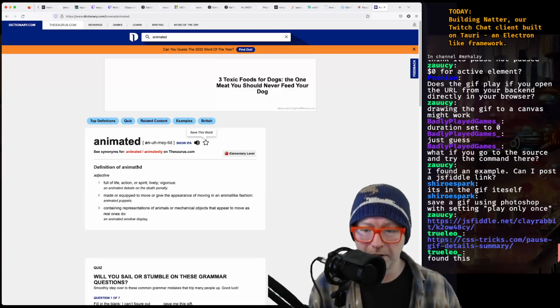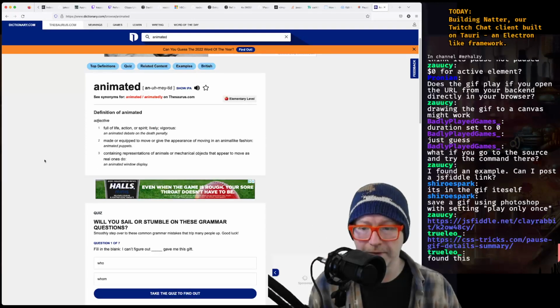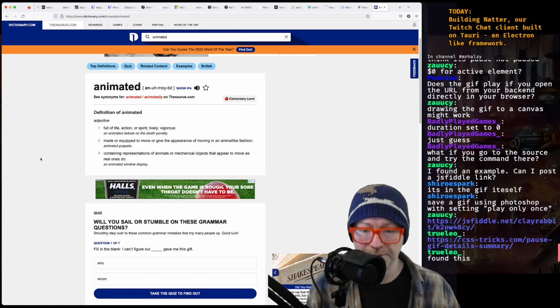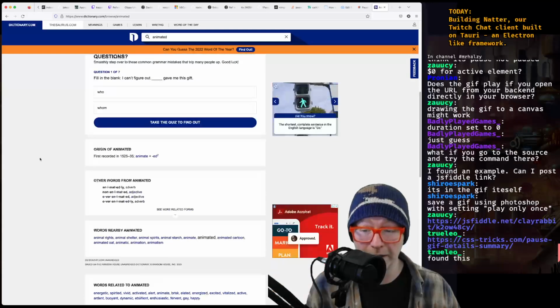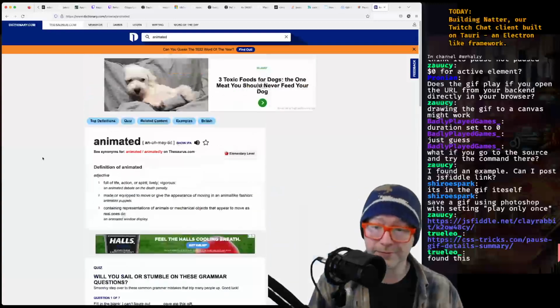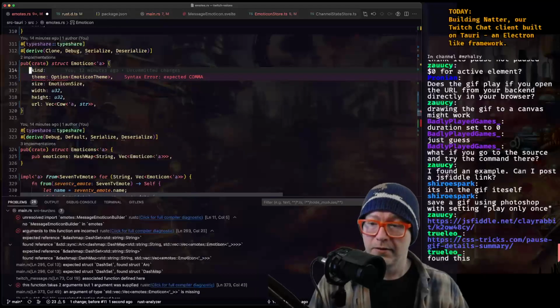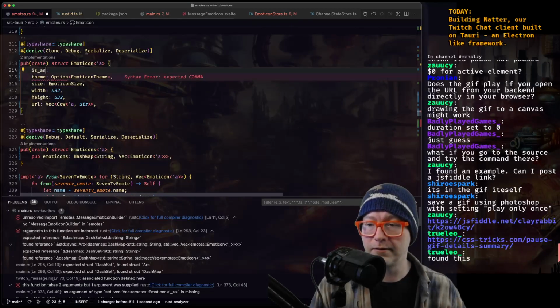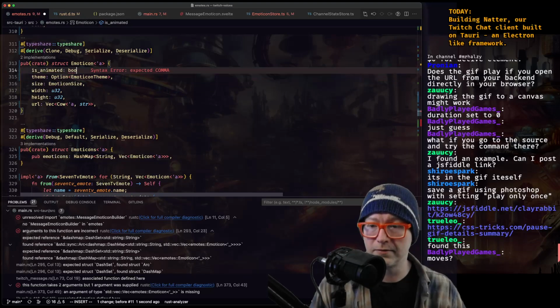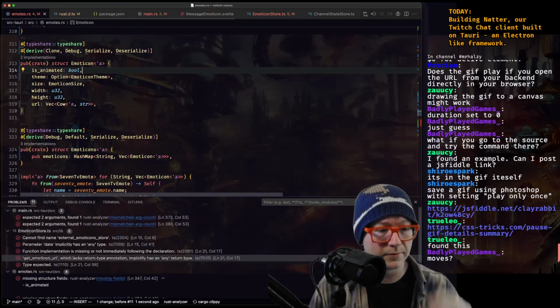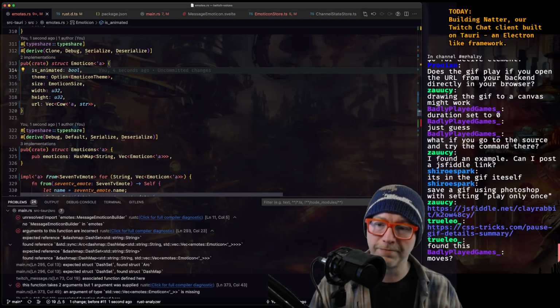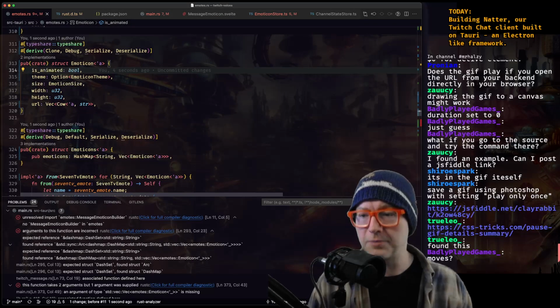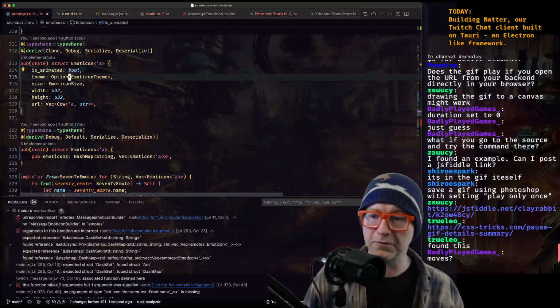Action, spirit, lively, vigorous. Maybe it's just a Boolean, is animated. Moves. Yeah. Gonna keep it simple. Is animated true or false? All right.